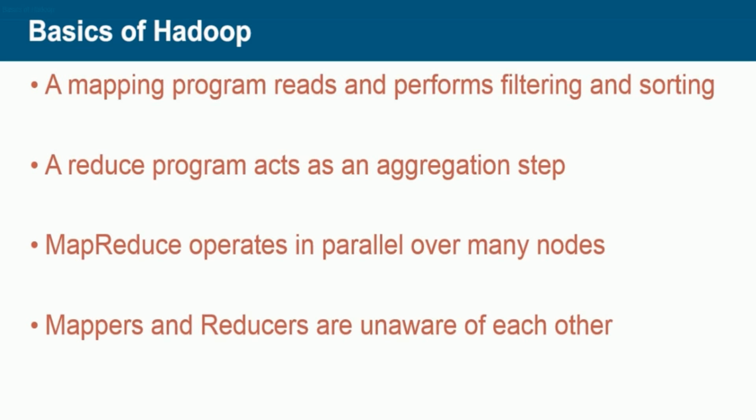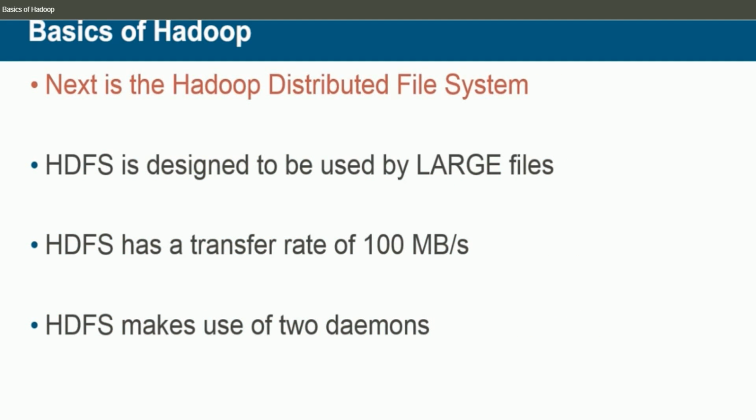Next is the Hadoop Distributed File System, or the HDFS. The HDFS is designed to be used by large files. The default file size of an HDFS segment is 64 meg. The HDFS has a transfer rate of 100 megabytes per second, which has a seek time of about 10 milliseconds. The HDFS makes use of two daemons called the master and the name node to manage files and maintain their